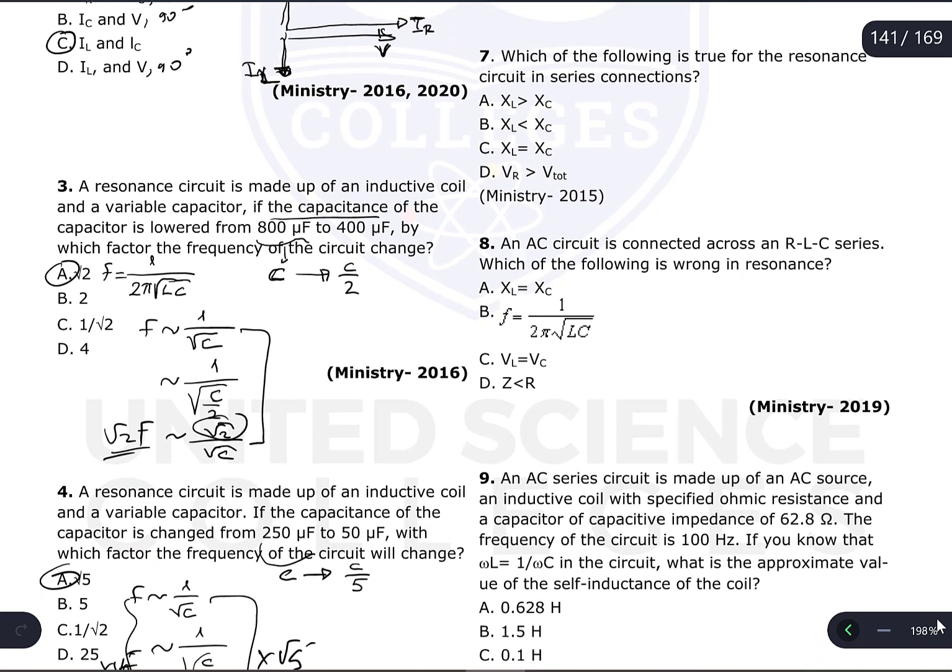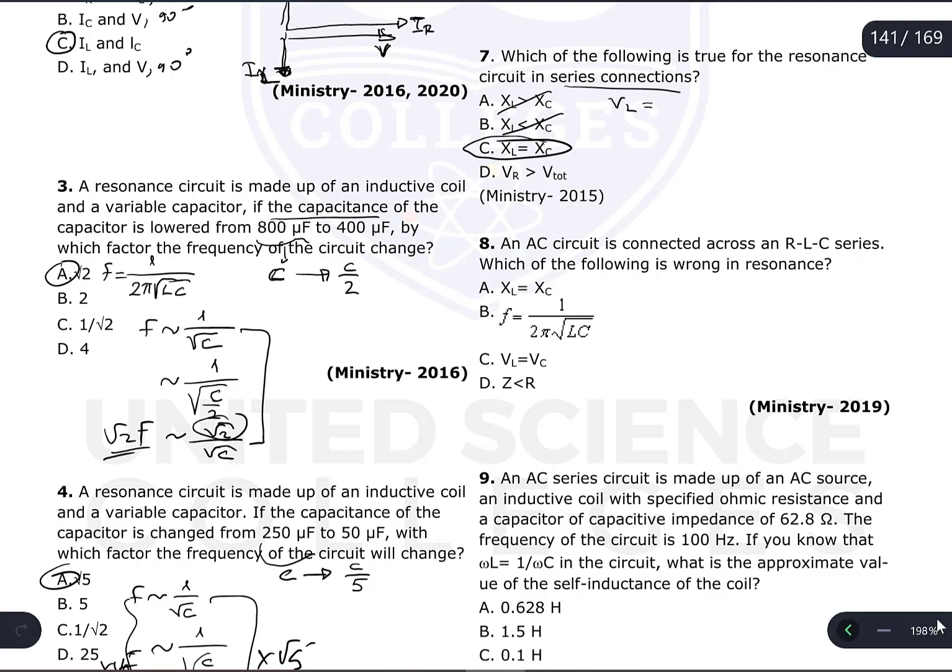Question number 7. Which of the following is true for resonance circuits in series? This is a series one. As I said, C is correct for all types of connections, series and parallel oscillating circuits or resonating circuits. A and B are correct for none of them. But D, let's check D. Because it's a series connection, in series connection,